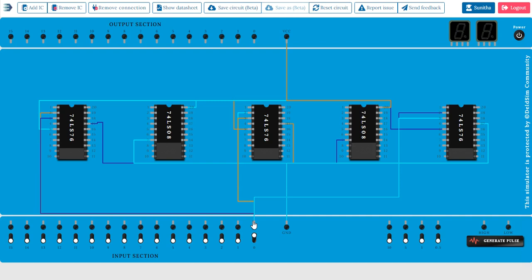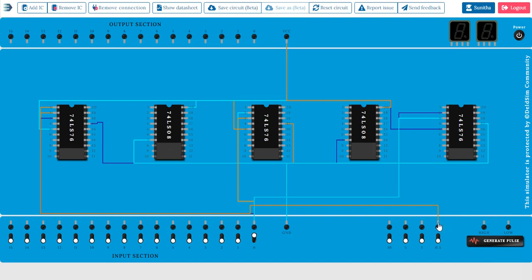After that, pin number 1 is the clock, which is to be given from the frequency line. You have different frequencies, that is 10, 5, 1 and 0.5. I will make use of this as a clock pulse. So for a 7476 IC, pin number 1 is the clock. I have connected this frequency line to 1, which means it has to be triggered at a